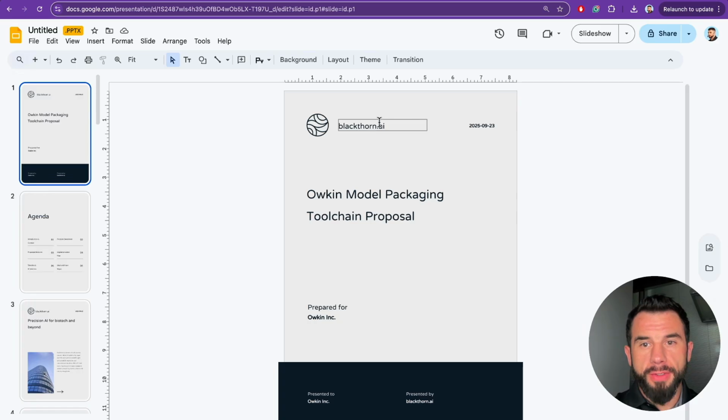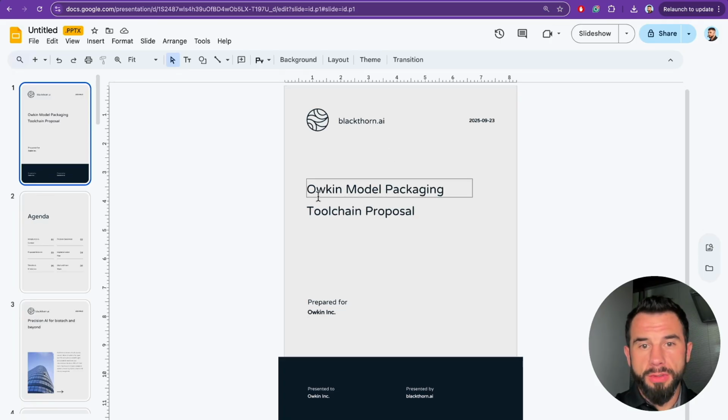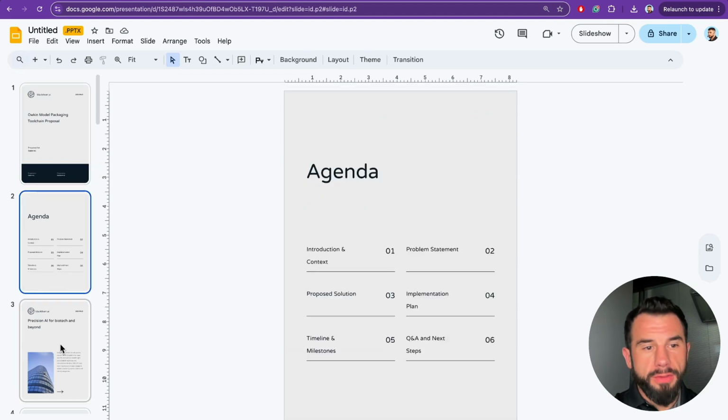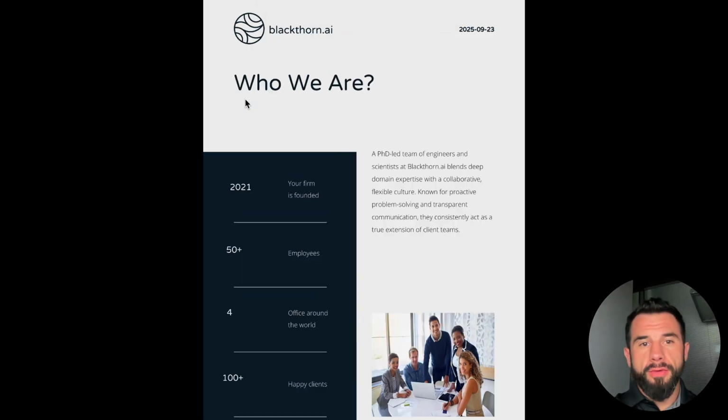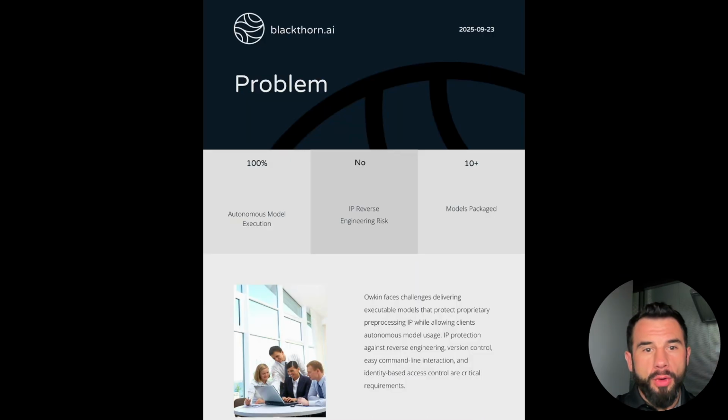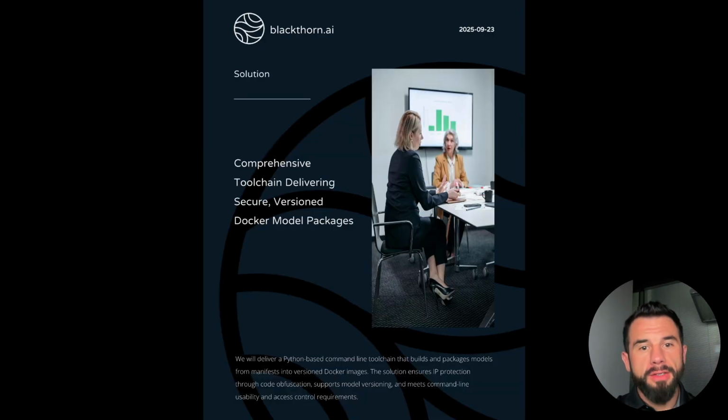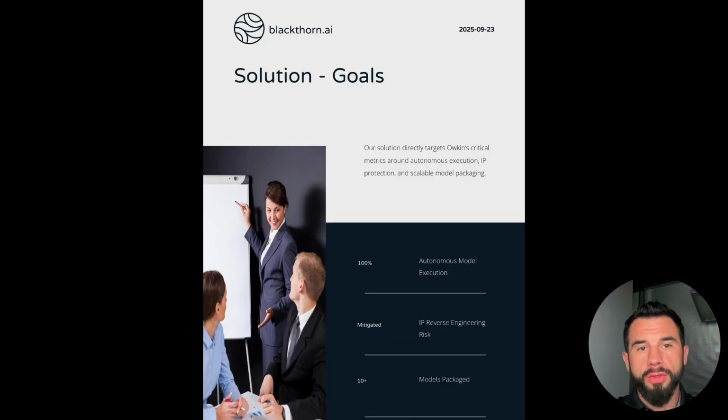This is the name of the company taken from the website. This is today's date, 23rd of September. This is the name of the proposal, packaging toolchain prepared for, presented by, agenda, introduction and context, problem statement, proposed solution, implementation plan, timeline, milestones, Q&A, and next steps. Precision AI for biotech and beyond, who we are, our mission, problem, comprehensive toolchain, delivering secure Docker model,